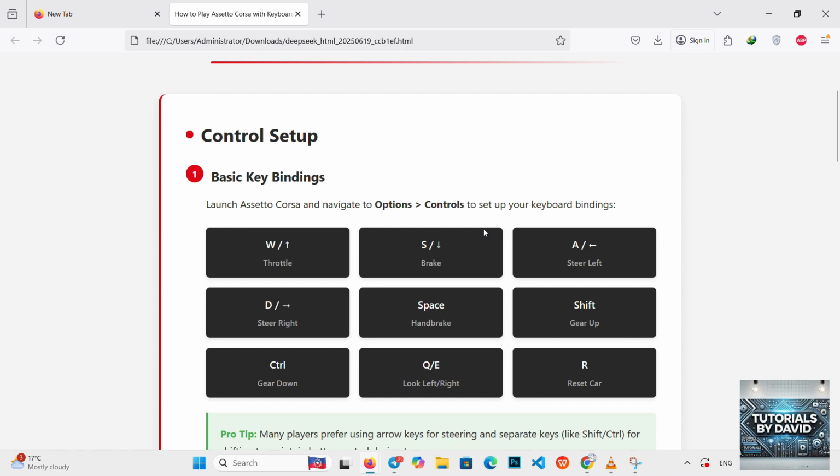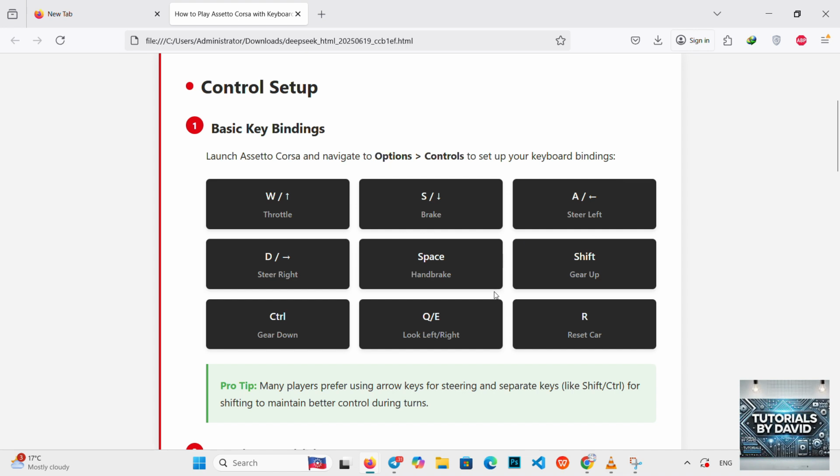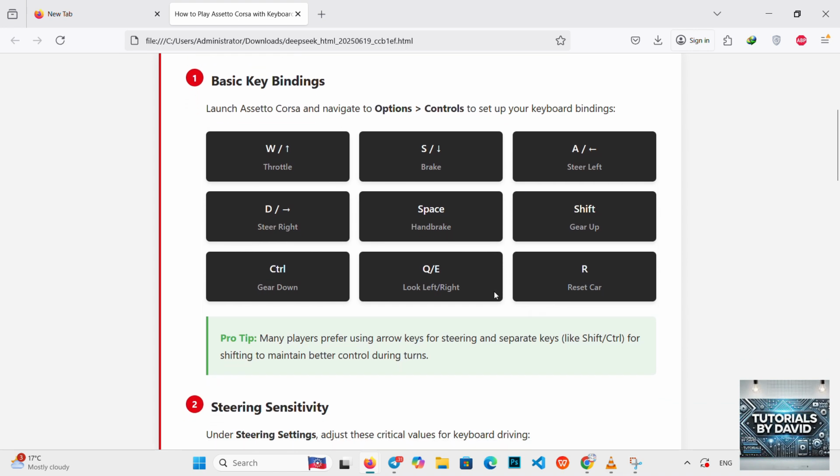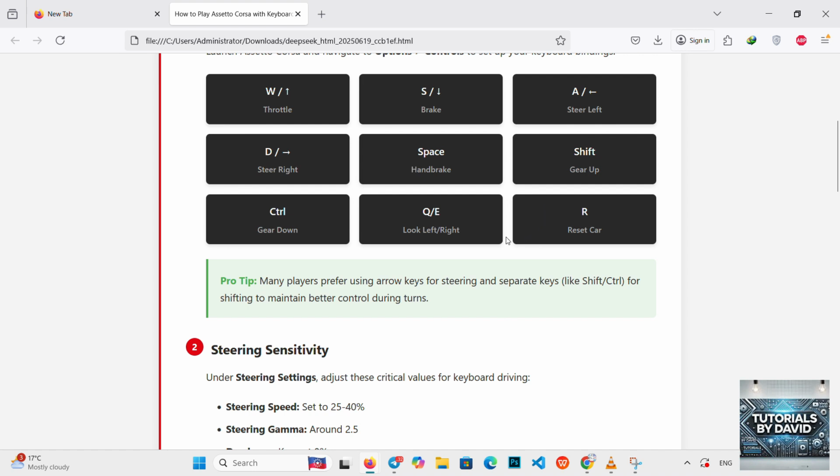The first step is to launch Assetto Corsa and head over to Options, then go to Controls. From here, you will need to manually set up your keyboard bindings. Assign basic driving inputs like throttle, brake, steering left and right, handbrake, gear up and down, and look left and right. I recommend using WASD or the arrow keys for movement, and Shift or Control for gear shifting, depending on what